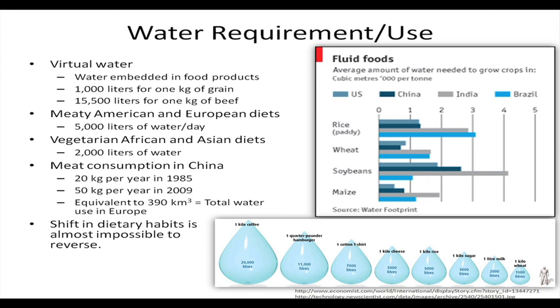So we'll start from the agricultural sector. Water is needed to grow crops, so if you look at the average water needed to grow crops, in cubic meters per 1,000 tons, in the US, for example, the top one is the US, then we have China, then India, and then Brazil. In terms of growing rice, as you can see, compared to India and Brazil, the US and China use much less